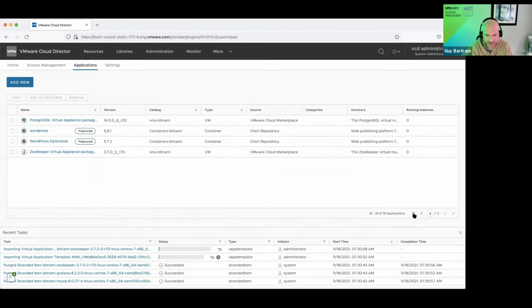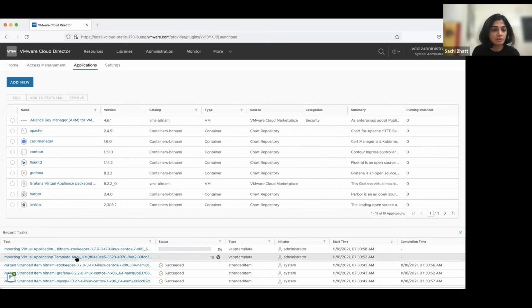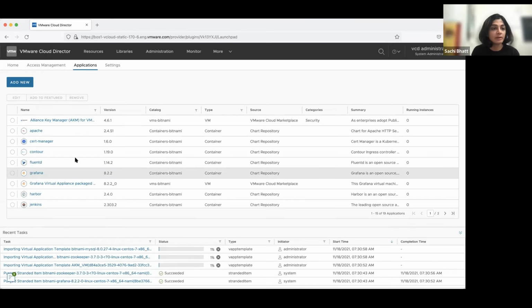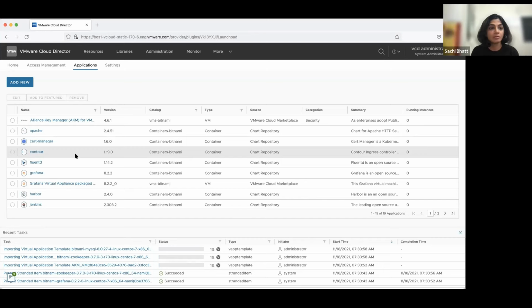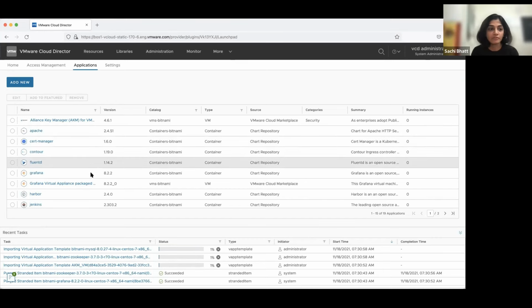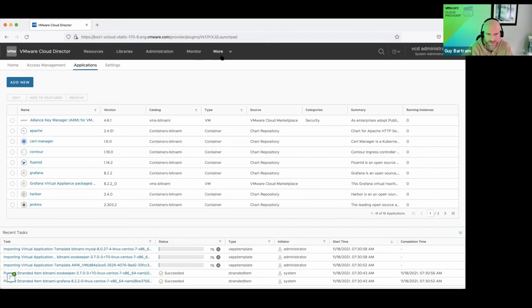Is that doing an update? Yeah, I think it's synchronizing, and then it did a delta check, like what new applications we are adding to the existing catalog. And then I'm just adding that to my available list of apps.